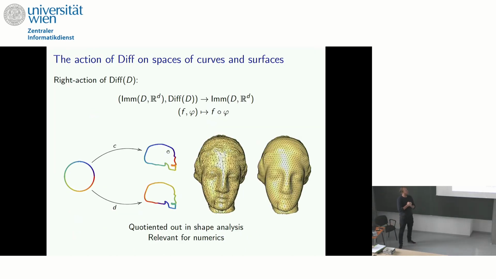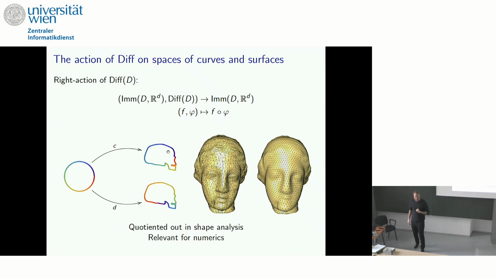Okay. I already introduced the diffeomorphism group, and it also appeared a little bit in several other talks, in particular in Barbara's tutorial about gauge invariance. And we will see the same thing here in a slightly more specific situation than this morning. So the notion of an immersion or of a curve to describe a shape is kind of the wrong notion yet, or for most applications it will be the wrong notion. And I think there are two examples again, in the context of curves and surfaces, to visualize this.